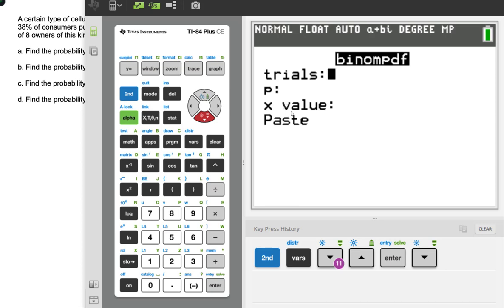And then x, that is an optional argument. If you want to come up with a single probability, you would place something there, or if you want to come up with an entire distribution, you can leave it blank. So, for instance, I have a problem over here